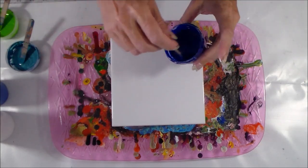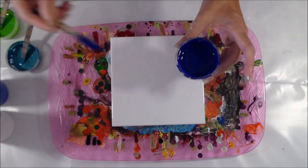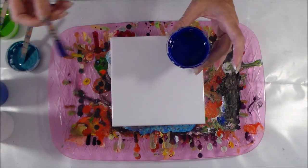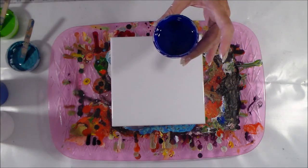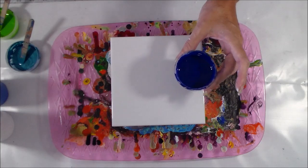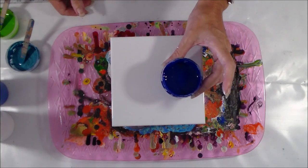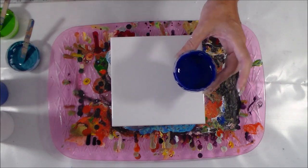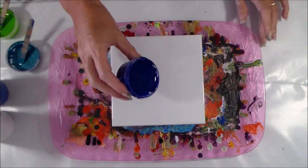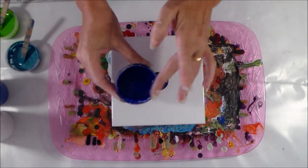I think I probably want to start with my darkest colour. I've got all of my paints mixed in advance. Let's bring a little thing over to put my sticks on. This is 1 tablespoon of paint plus half a tablespoon of Floetrol and about a teaspoon of water and 3 or 4 drops of silicone oil. So I'm just going to add a little pour there in the middle,